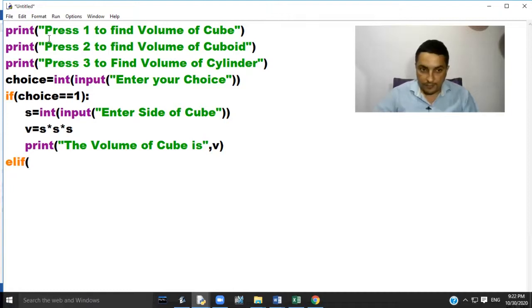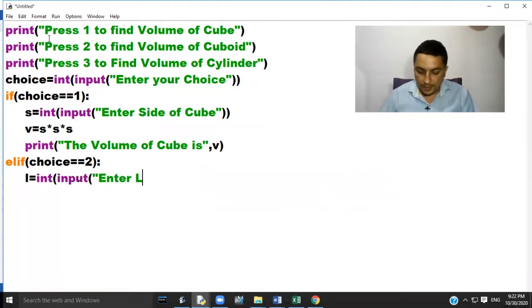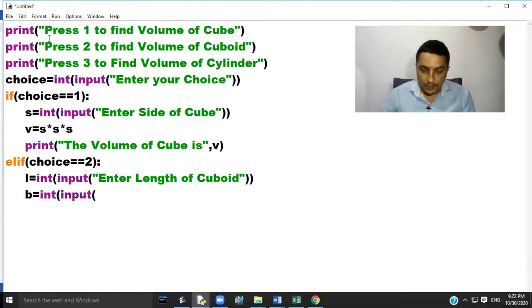Elif choice equal to 2, L equal to int input, enter length of cuboid. B equal to int input, enter breadth of cuboid.